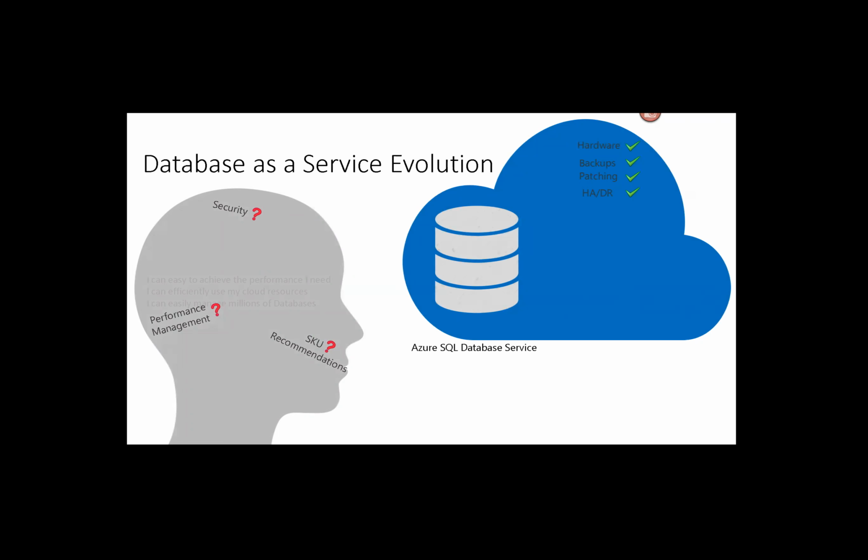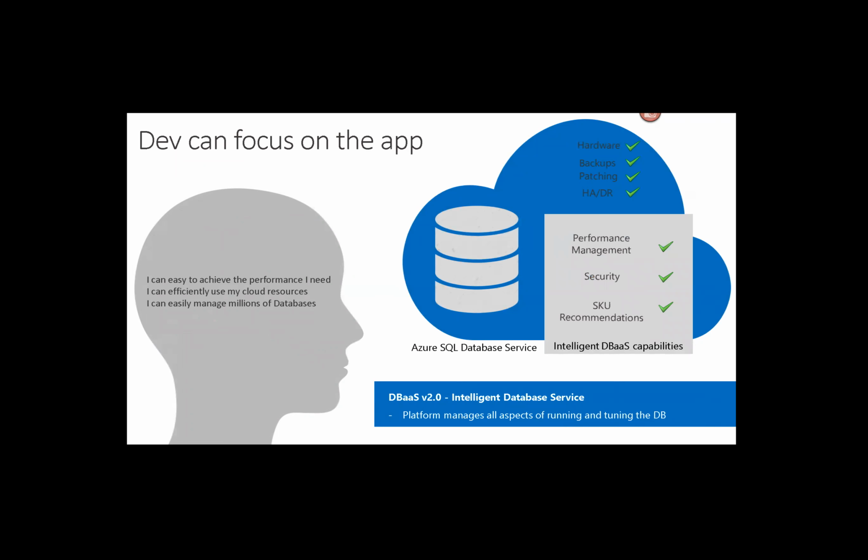And essentially what you would be worrying about is performance and security, and when I say security, it's making sure you're compliant and handling auditing. SKU recommendation: you would be a trusted advisor because nobody understands SQL Server better than you. So you would be asked, hey, which SKU should we be going for? Should we go for standard tier? Should we go for premium tier, and why? And you would be expected to take an informed decision based on the data which you collect from DMVs, monitoring solutions, and so on. And leverage some of these intelligent DB capabilities, DBA capabilities, which are there.